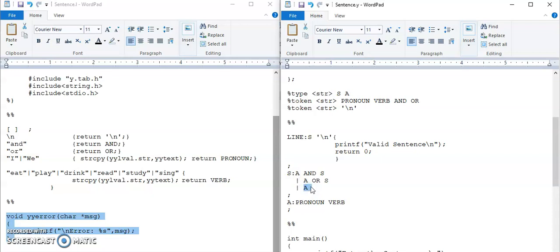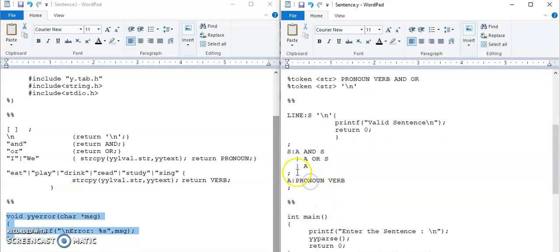If we want to generate a compound sentence which is joined using AND, then this rule will be used, and when two sentences are combined using OR, then this rule will be used. And then finally, a simple sentence is represented by A, which is A gives pronoun followed by verb.